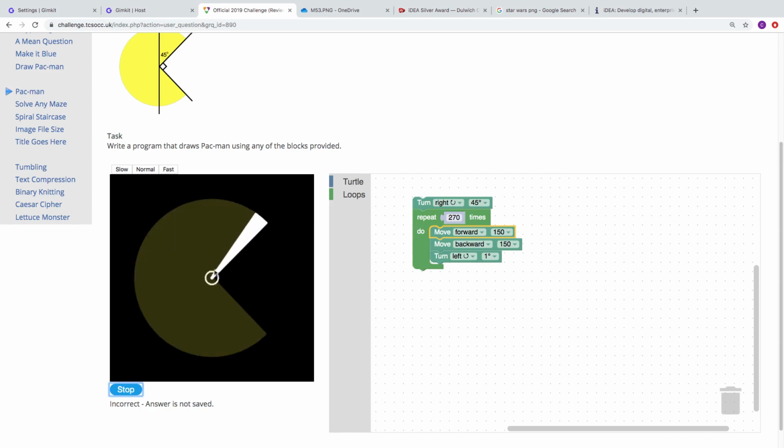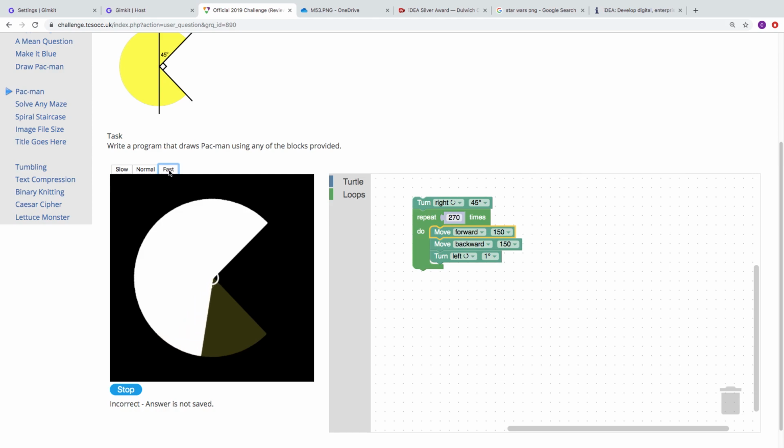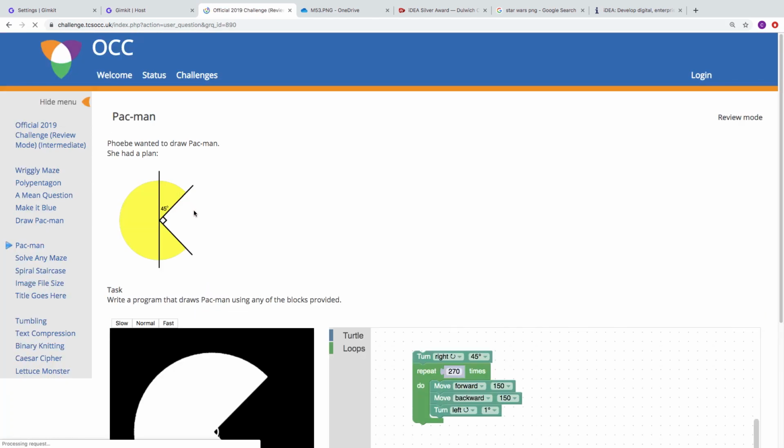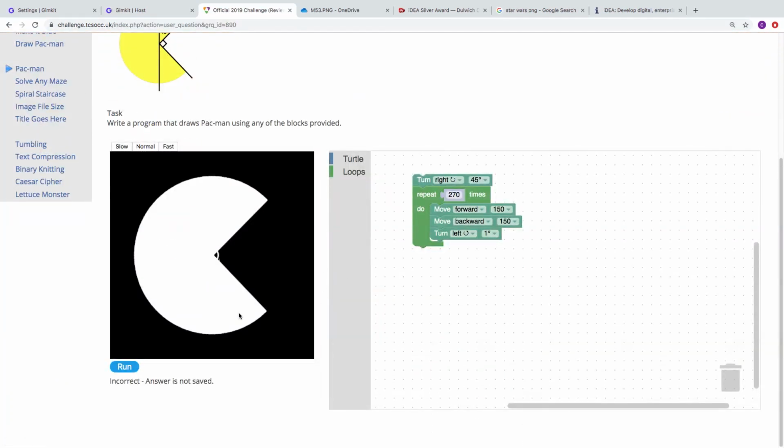You can see it's just moving forward, back, forward, back, forward, back, really, really fast. And if you do that 270 times, you get the Pac-Man. Now that is correct. You can see, same as the last time, it's